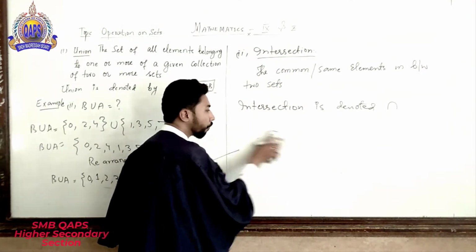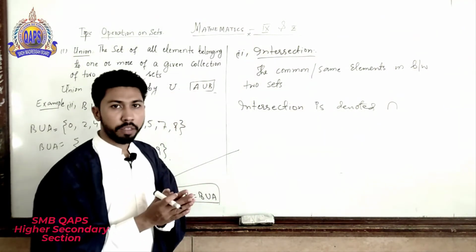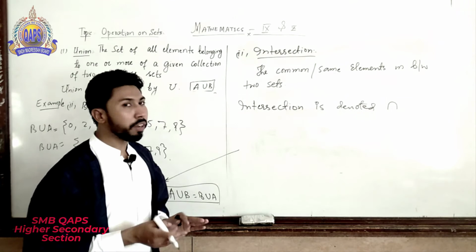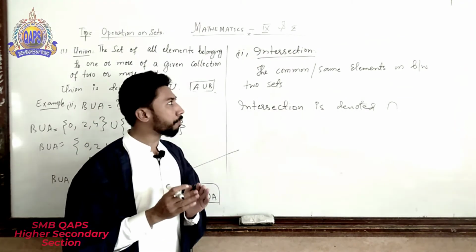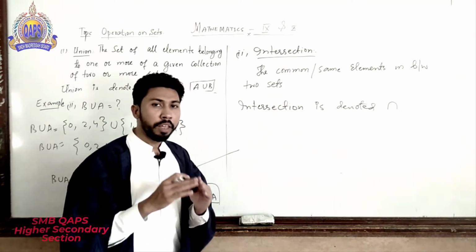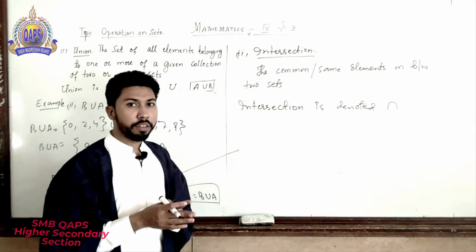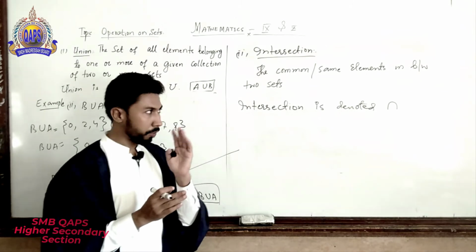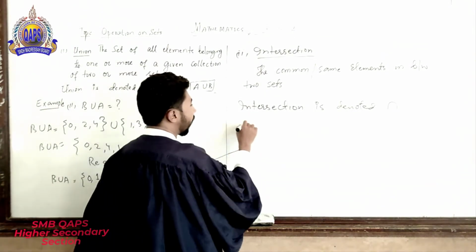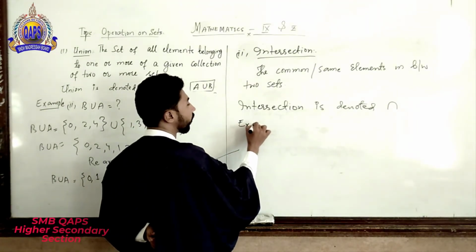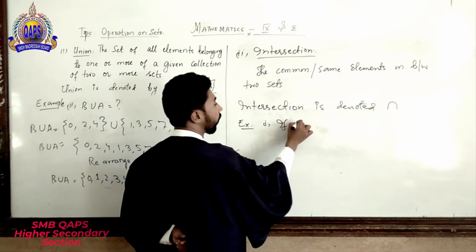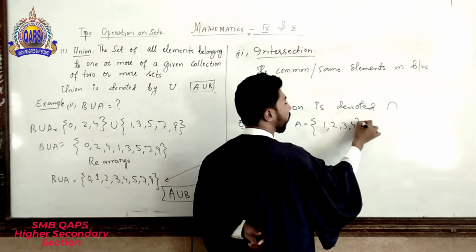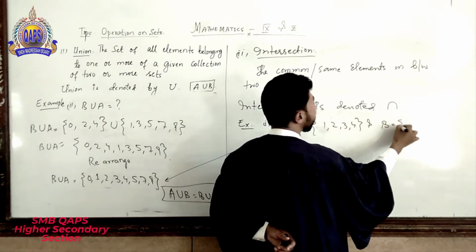In union we combine the elements, either same or different, but in intersection there must be similarity of the elements in between two sets, otherwise it gives us a null set or empty set. So here an example of intersection: A contains 1, 2, 3, 4